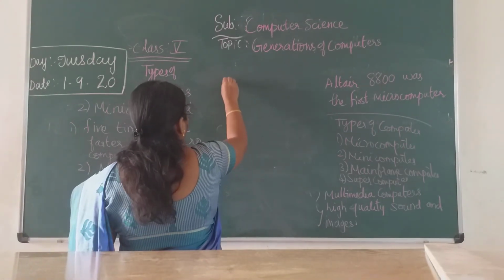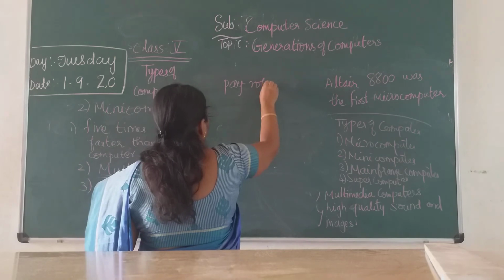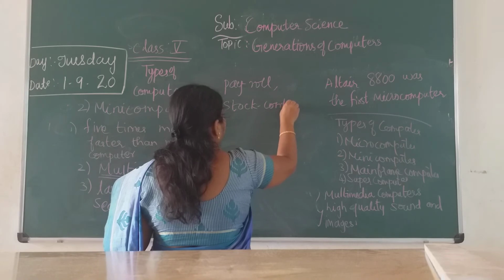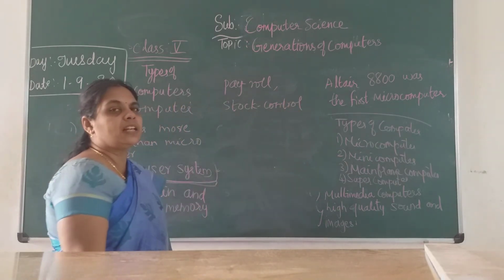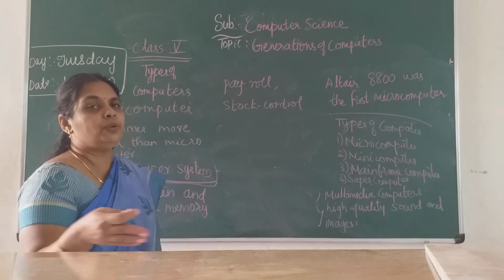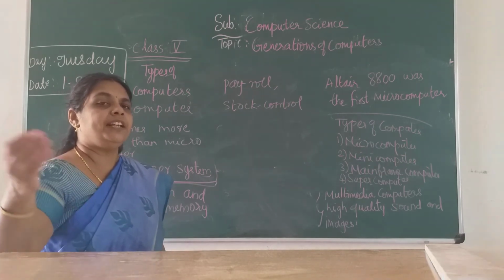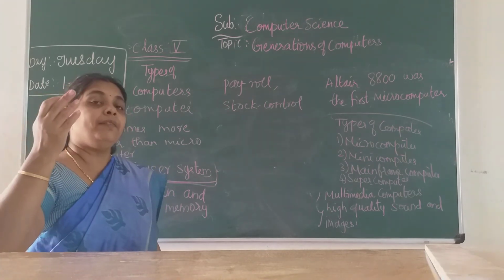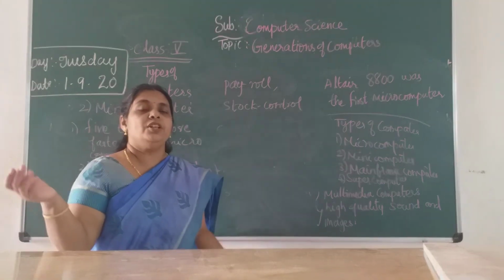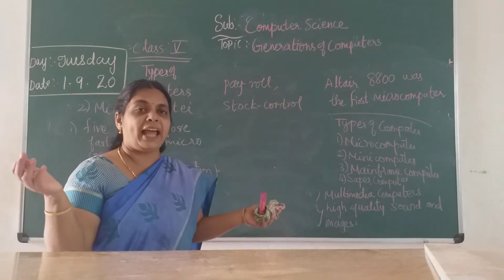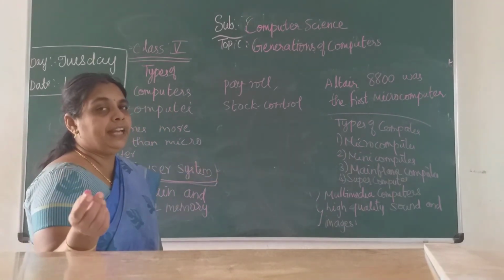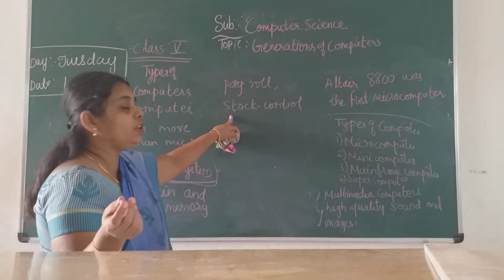So it is used for payroll, stock control. Stock control means if you are producing cycles, see how much cycle stocks are there. Age wise they will be manufacturing the cycle. For 2 to 3 years one type of cycle, 3 to 5 years one type of cycle, and when you go for adult or grown up children, different types. All this they will be producing in lakhs of cycles. So all those things you need the data. For that it is your stock.